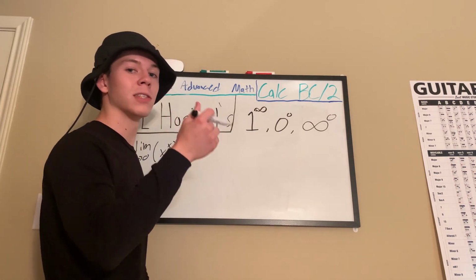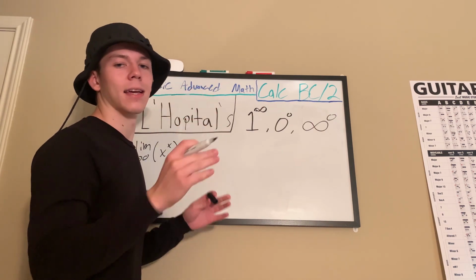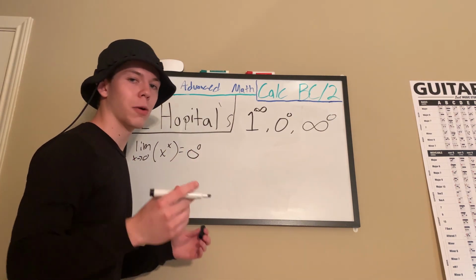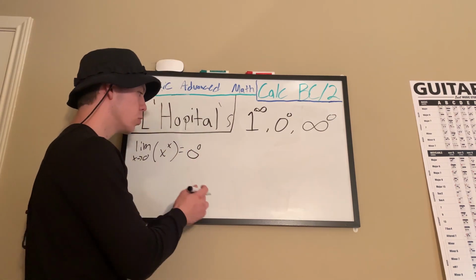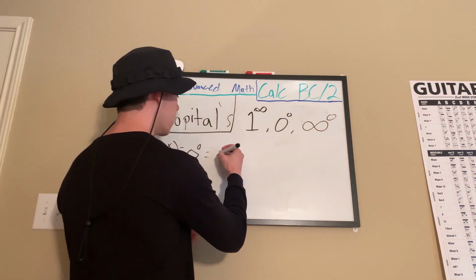Actually, those two cancel each other out. When you put e to the natural log of something, it's like it never existed. However, it makes this equation much easier to solve, and we can use L'Hopital's with it. So what we're going to do is rewrite this equation right here. We're going to rewrite it as